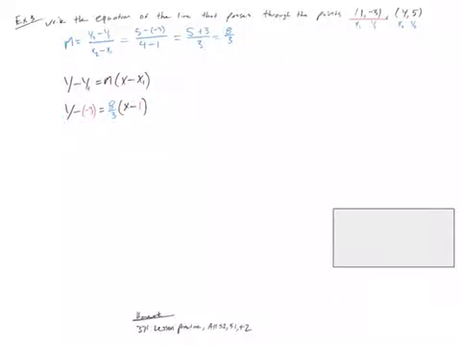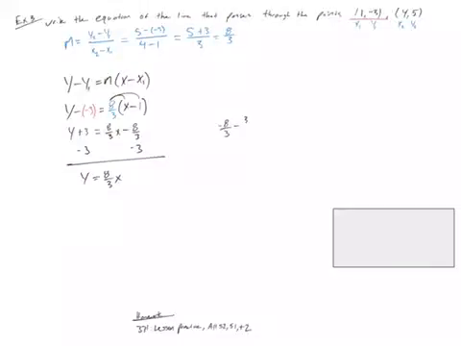Once you understand, then all I have to do is simplify this down. This is going to be y plus 3, is equal to, I'm going to distribute this in, 8 over 3 x minus 8 over 3. To solve this, I'm going to subtract 3 from both sides. So I get y is equal to 8 over 3 x, and then I really need to say minus 8 over 3